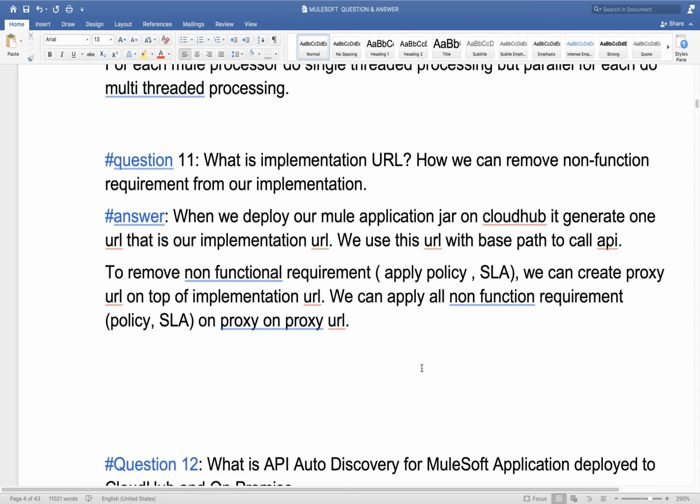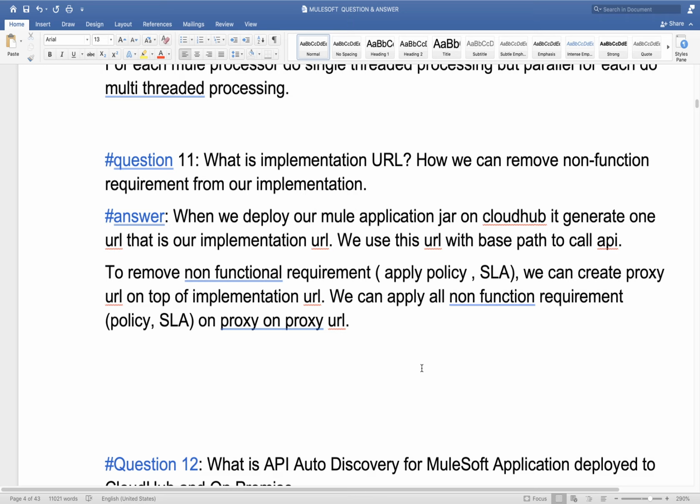Whenever you do a deployment, you will be able to see one URL getting created. That URL is known as implementation URL, and it is generated by Mule runtime automatically. They have some rule to generate that URL, and following that rule, they generate it.